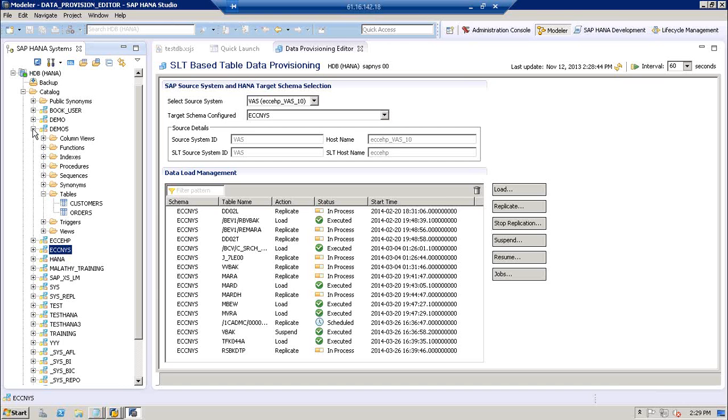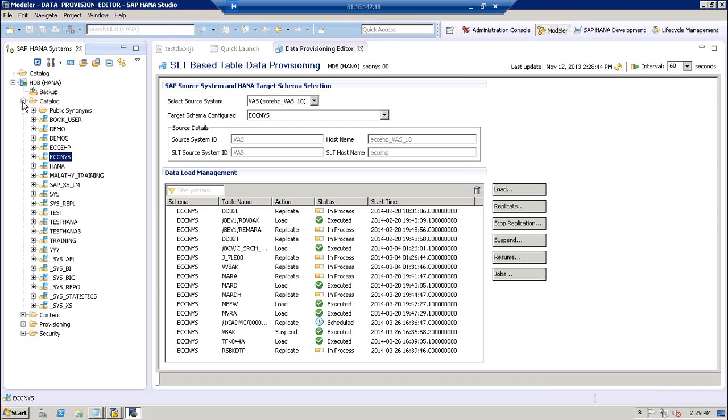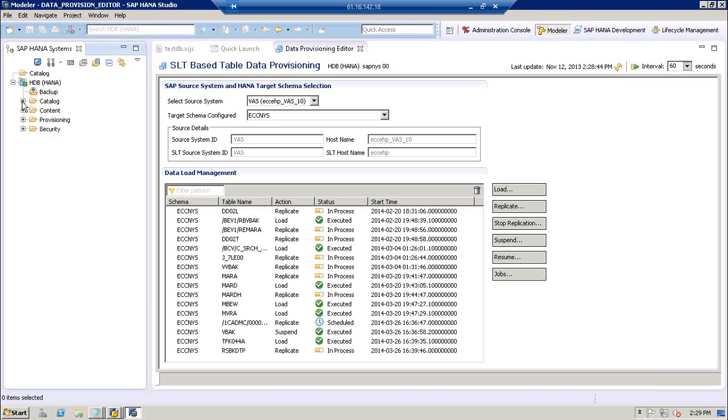Let's say I have one ECC instance, right? And have HANA as a database. Can I have multiple locations, let's say one database residing in India, one in Australia, one in USA? Will all that data get synced with the single HANA database if I have multiple kinds of data?